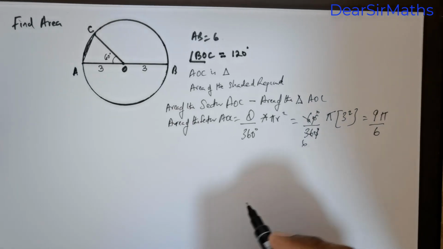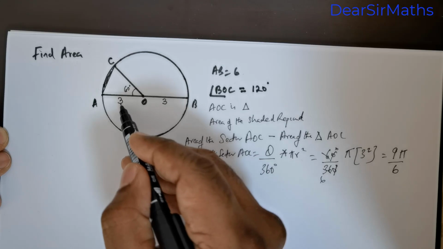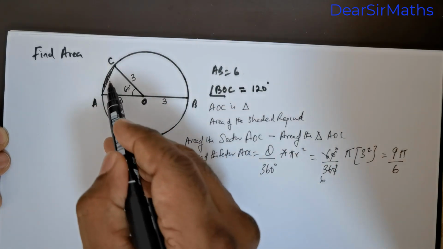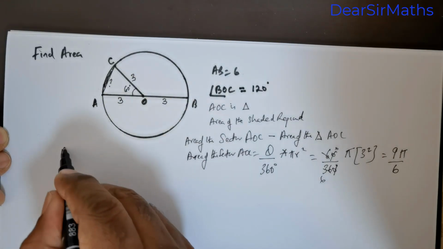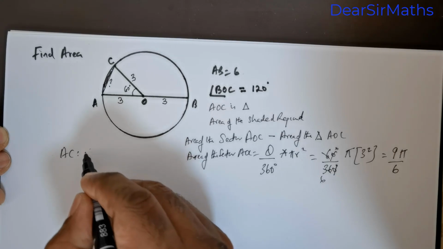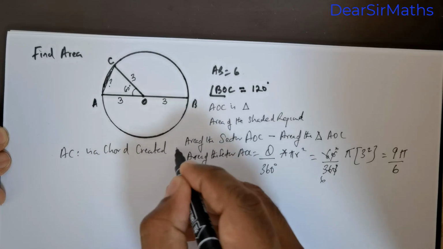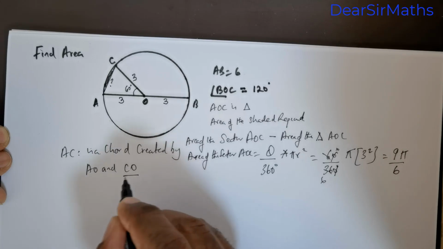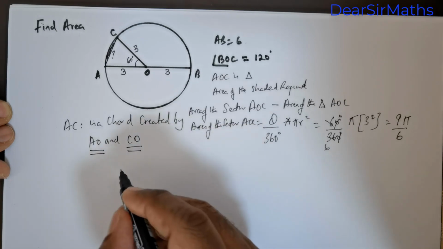Now having got the area of the sector, we need to get the area of the triangle. Now we know this side, right? We know this is 3 units, this is also 3 units, but we need to get this side. So what is this side? AC is a chord. AC is a chord created by AO and CO, right? This is a very important point. Now what is the length of the chord? Formula: